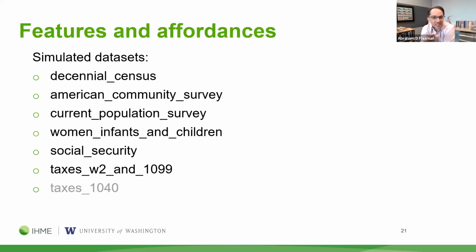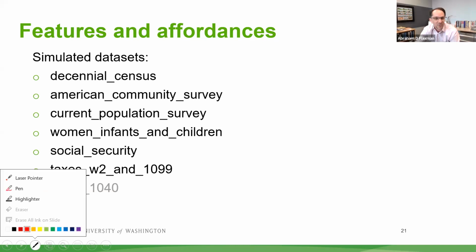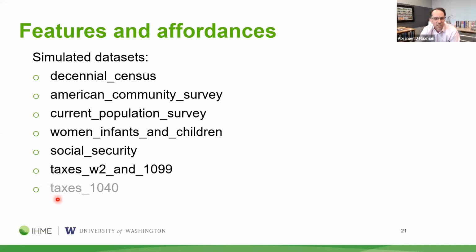And then on top of these simulated data sets, what's the one thing to call out? I guess the one thing to call out is that I've grayed out things on this list that I wanted to do, but we didn't actually get done in time. We've got basically simulated tax records to represent the W-2s and 1099s that would be between an employer and an employee, but we have not finished simulating the part where individuals who have to file a tax return put that all together in a simulated 1040. That's an interesting additional challenge that'll be coming soon.